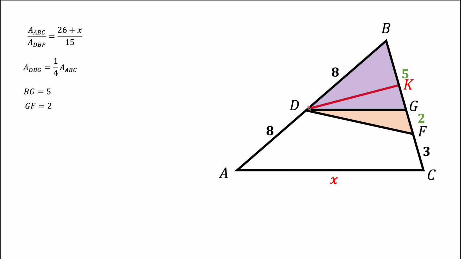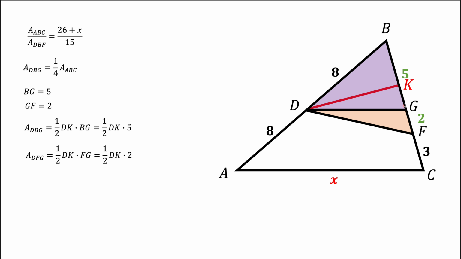So now if I want to calculate the area of the purple and the orange triangle, I will do it by taking half of DK times the length of the side. So in the case of the purple triangle, it's going to be BG,